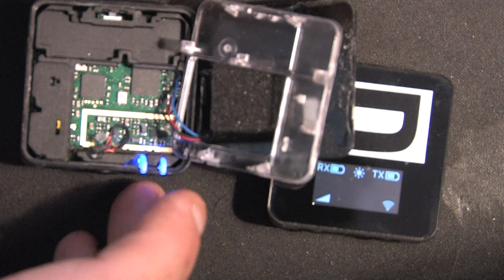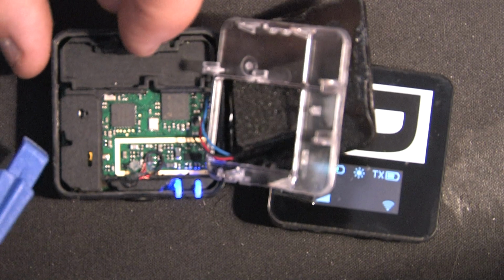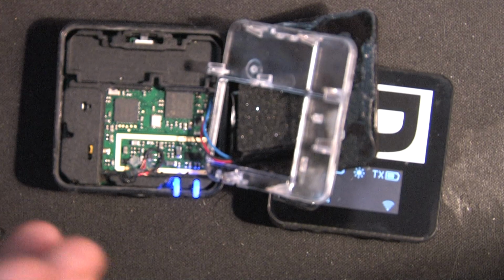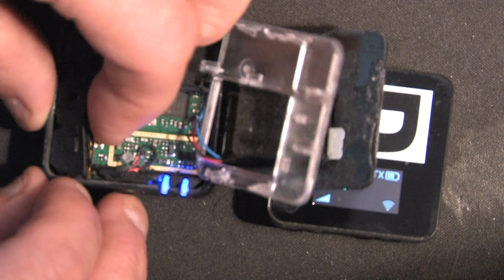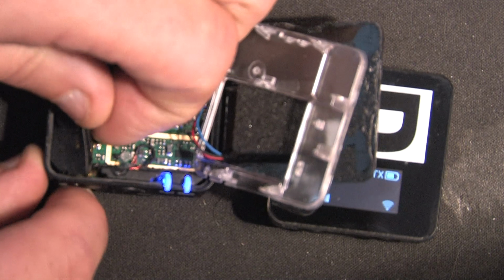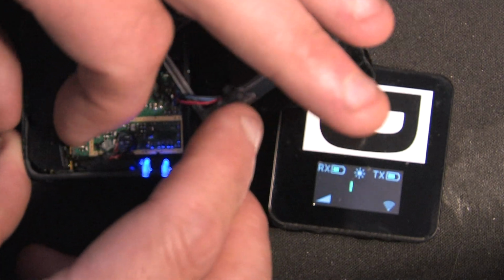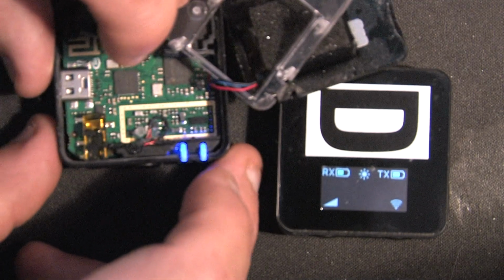The next thing that I did, I then made a mistake, because this whole piece of rubber here, this gasket that acts as an isolator to actually isolate things from the noise, including the microphone, I lifted up this bit and broke the link that links to the actual microphone. But that's okay, because I gained access to the bit that I wanted to gain access to. So now that I'm inside it,